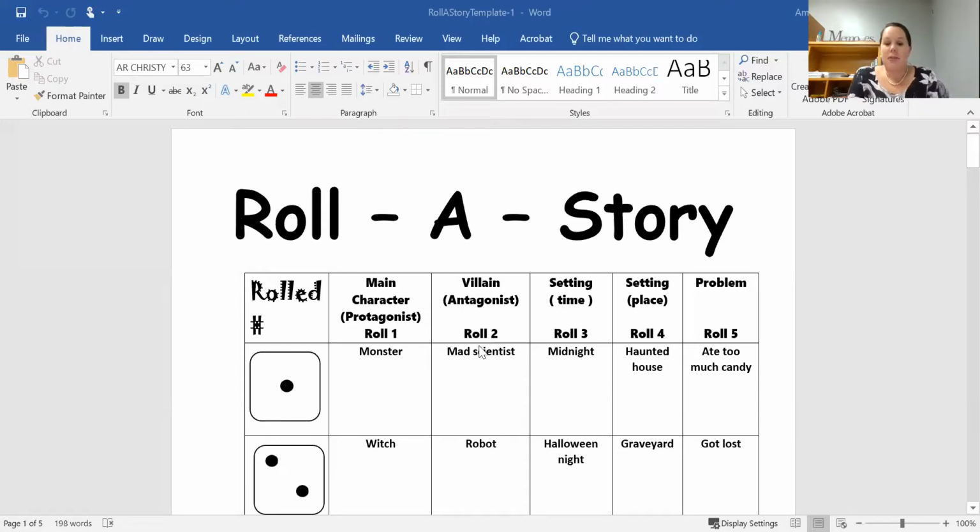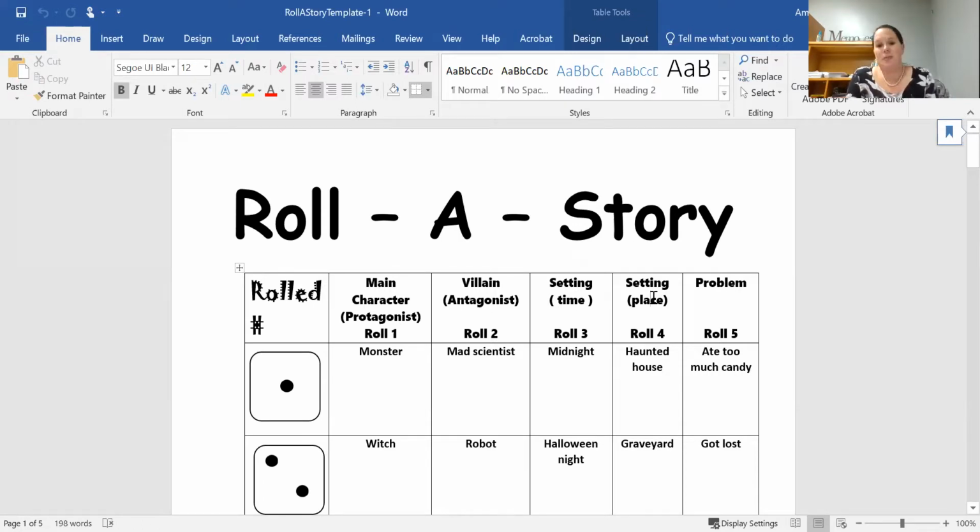For your class, you have 5 things that you're going to roll for. You're going to roll for your protagonist. That's your good guy, your hero of the story. And then you're going to roll another time for your antagonist. Who does the protagonist not get along with? Who are we fighting here? Who's our problem? Then you're going to roll another one for the setting. But remember, setting can be time and place. So one roll for the time, right here. And then you also need another roll for the place. Okay, and then you've got a last roll that'll tell us what problem our protagonist is going to run into.